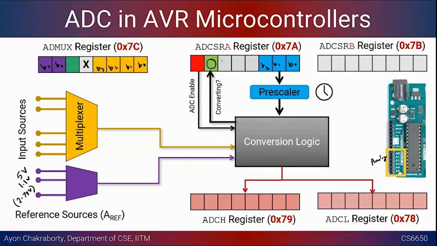Okay, and we also spoke about how the data is dumped in these two registers. There was the analog to digital converter high register, ADCH, and there was the low, ADCL. The data is dumped in these two registers, and the way the data is organized in them depends on the left right adjust. So there is this ADLAR flag we discussed last time, that depending on whether this value is 0 or 1, you can have the most significant 8 bits either in ADCH or ADCL. Okay, so that is it.